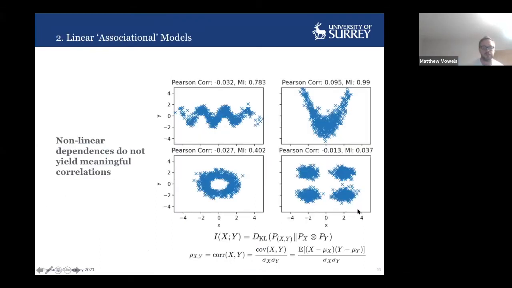So here's a brief review of some of the issues. Most of the models being used are correlation-based or covariance-based. Correlation is an extremely blunt metric, and even though it does what it does, it's not very useful most of the time. So for instance, in situations where there's a high statistical dependence, and these are obviously caricatures, usually the relationships aren't this obvious, in a sine wave, we get a correlation of 0. In a quadratic, we get a correlation of 0. In a toroid, we get a correlation of 0. And then in this quad modal distribution, we also get a correlation of 0, which is what you'd expect, and here it is actually correct. There's no statistical dependence there, assuming we're using correlation to infer something about statistical dependence.